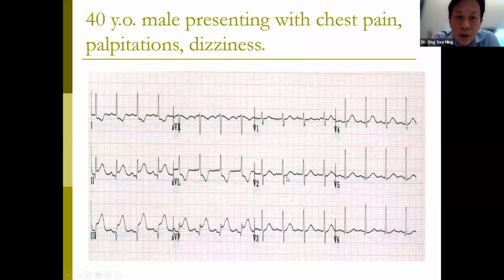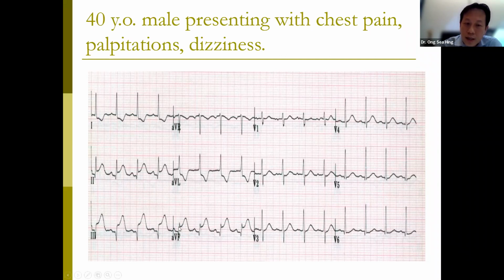This is another ECG. It's a 40-year-old male presenting with chest pain, palpitations, and dizziness. And we all can see here, again, there is ST elevation in leads 2, 3 and AVF, and then there's ST depression in AVL and lead 1. Okay, so this ST elevation,